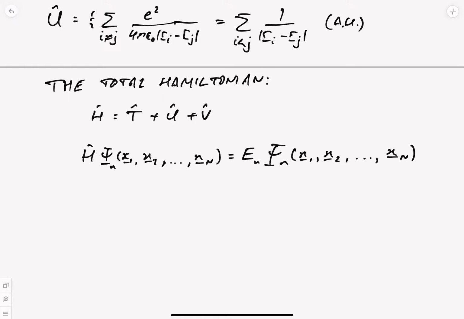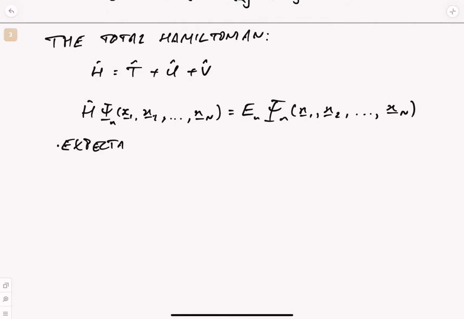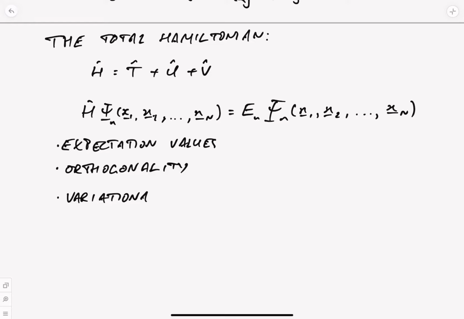Now, at this point, you should ensure that you are happy with some of the other concepts covered in the notes, namely the ideas of expectation values of operators. These are standard quantum mechanical ideas, and the orthogonality of eigenstates. Those are covered in the detailed notes. And we're also going to use the variational principle, which again is detailed in the notes, which enables us to say